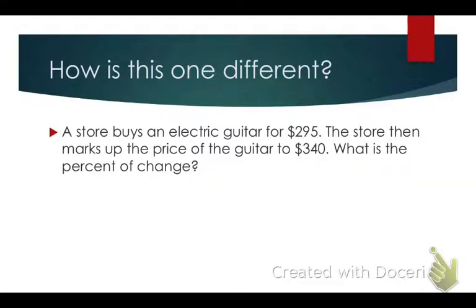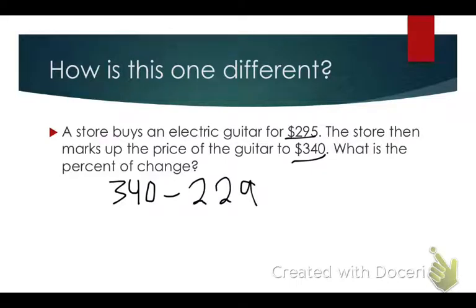All right, let's think about how this one is different. So a store buys an electric guitar for $295. The store then marks up the price of the guitar to $340. What is the percent of change? Well, this one's going to be different because this is going to be a percent increase instead of decrease. However, the process isn't going to change. I'm still going to subtract these two because I need to figure out what was the increase of the guitar. So I'm going to take 340 minus